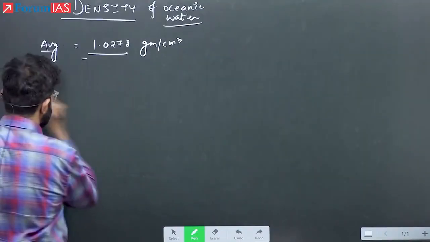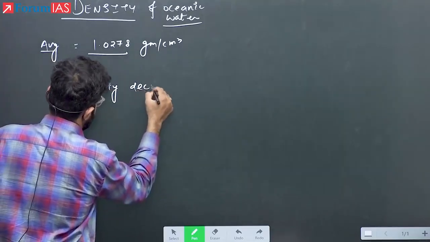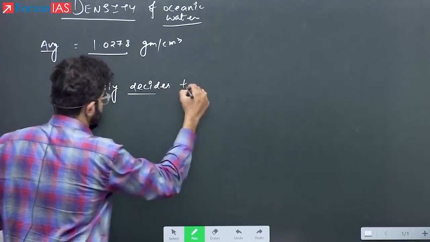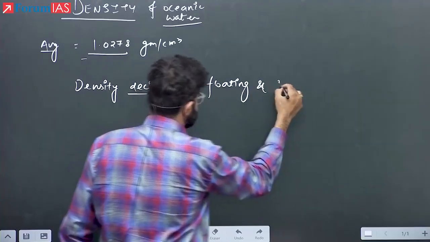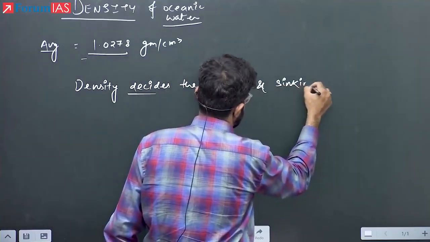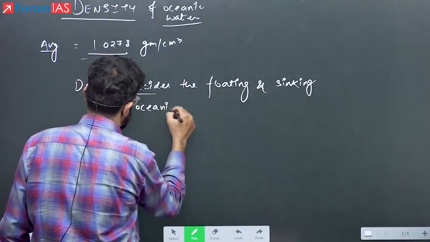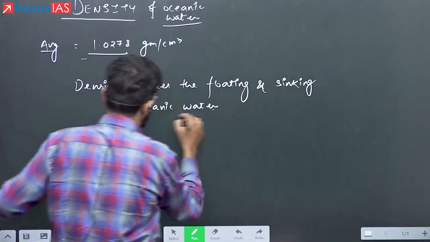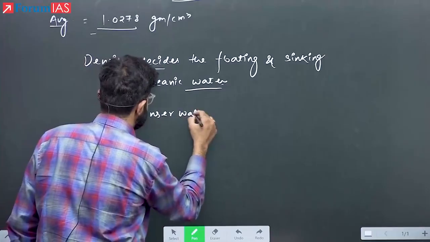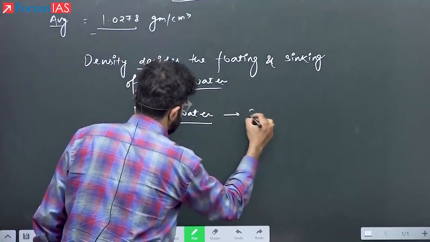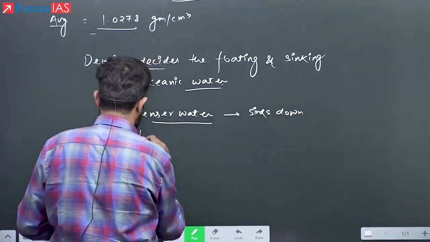Yes, so write down: density decides the floating and sinking of oceanic water. Denser water sinks down and less dense water